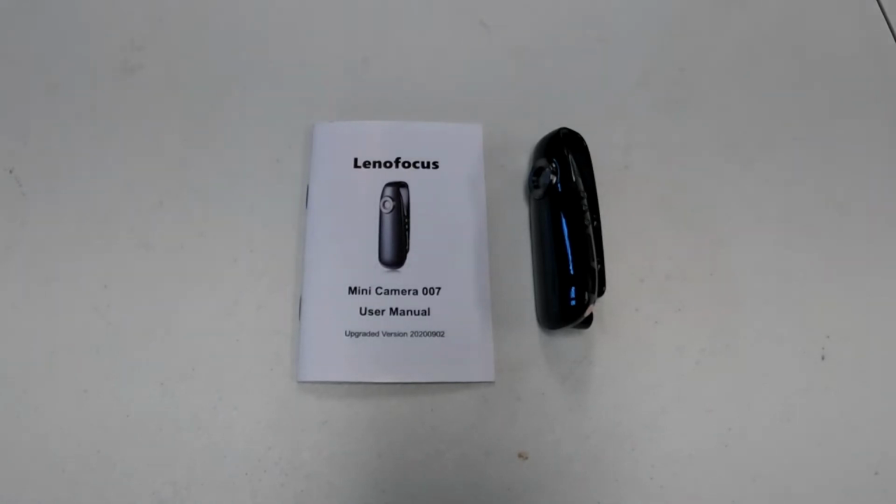All right, this is a follow-up video for the Lensfocus mini camera 007. I've had a couple questions about it. A couple people don't have the manuals or have lost the manuals. The manual's kind of confusing with it anyhow. I'm still using the camera. I think it's still a good body camera. The video quality could be better, but...